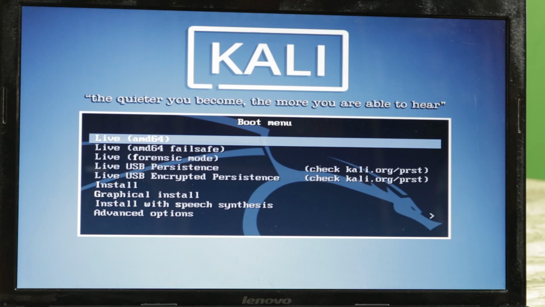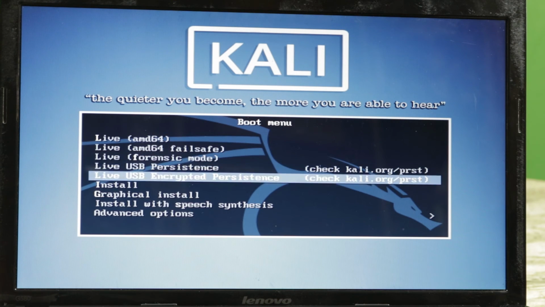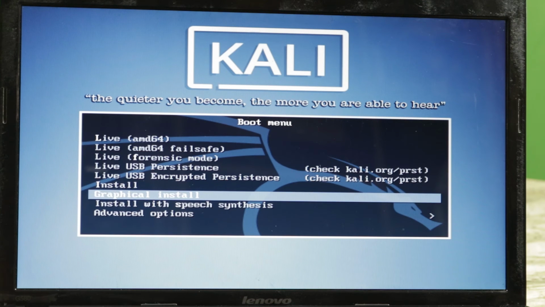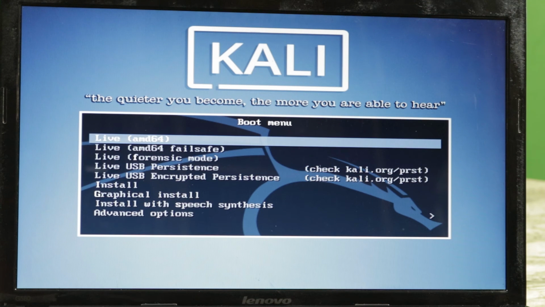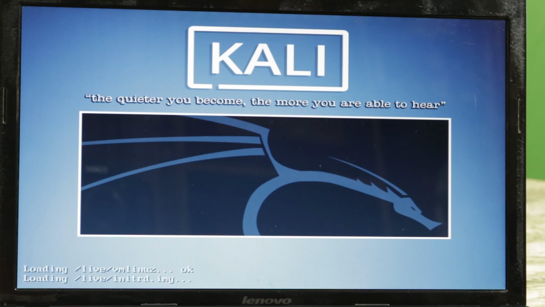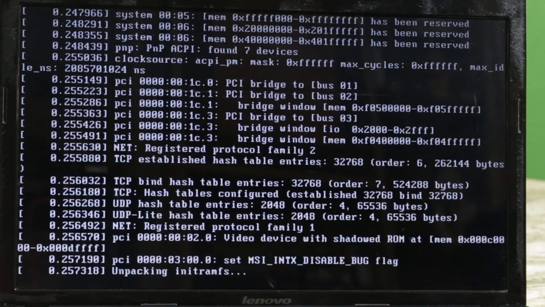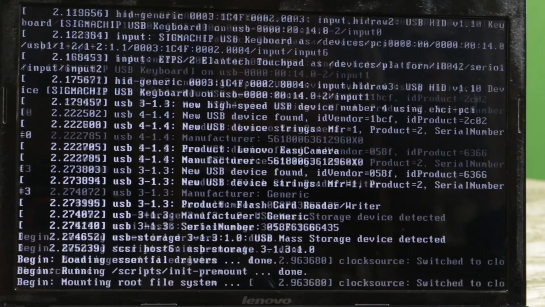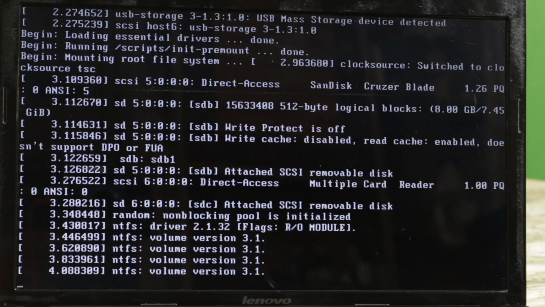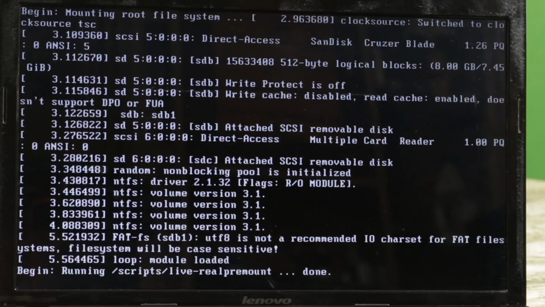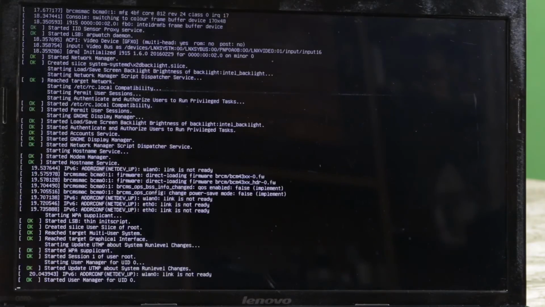But if you see down below, there are many options such as install, graphical install, advanced options, and there's a separate video I'm making for installing, but now I'll be live booting it. So if you want to watch that video, you can go down into the description and there will be a link. You can click and know how to install it. And now it's going to load all the files before booting to the desktop.